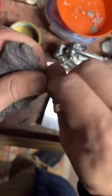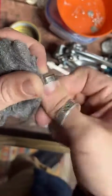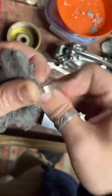I'm just buffing off some fire scale here, bringing some of that shine back to it. And if anybody would like to order a ring from me,